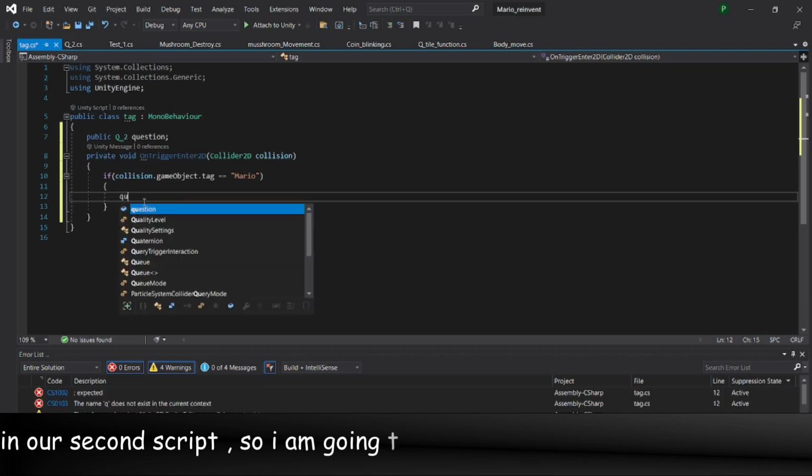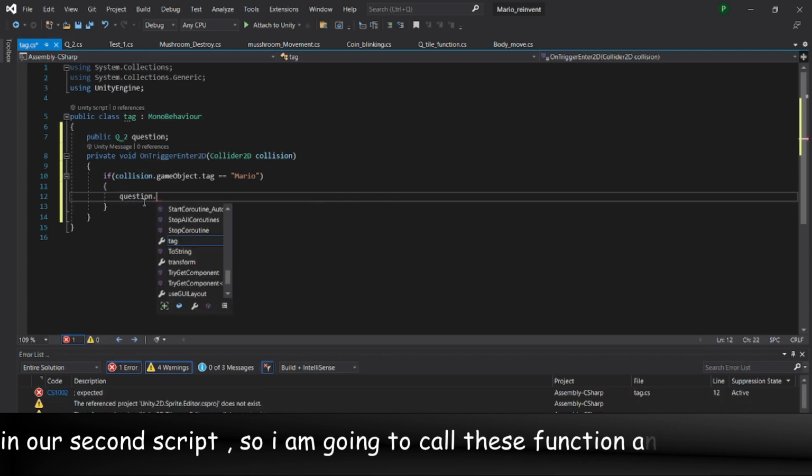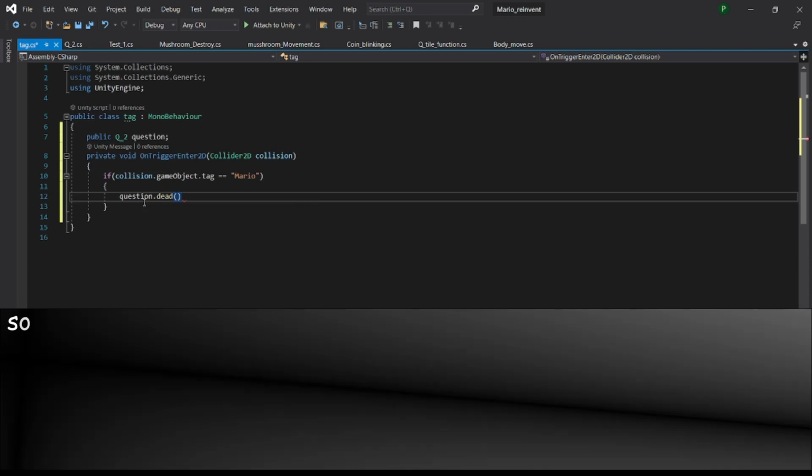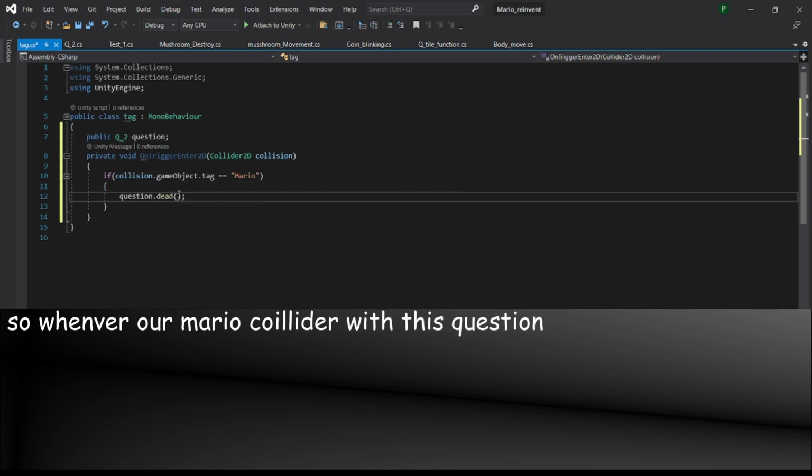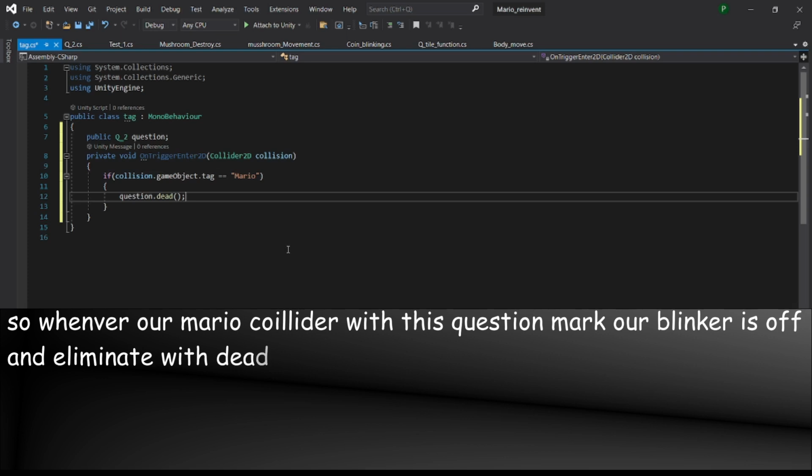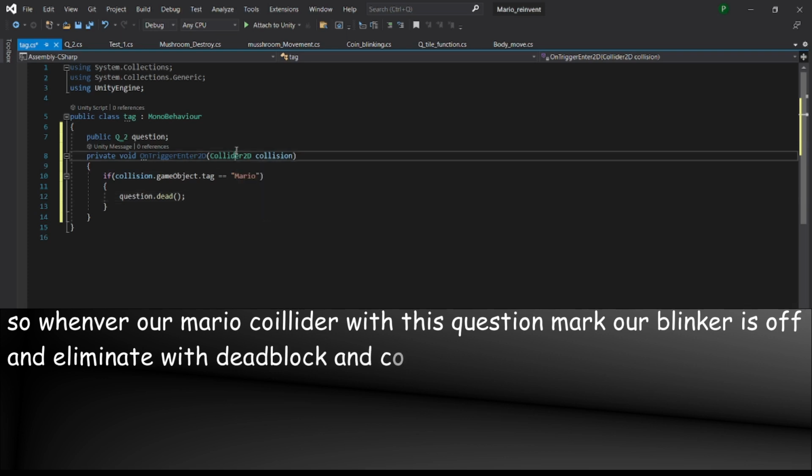So I'm going to call the function dead. Whenever our Mario collides with this question mark, our blinker is off and it is replaced with the dead block, and the coin is flipping. So we have to call the coin also.